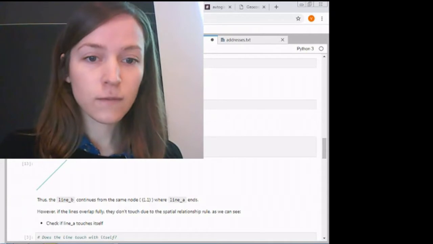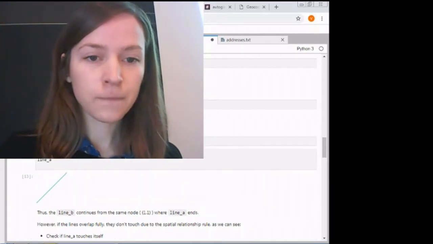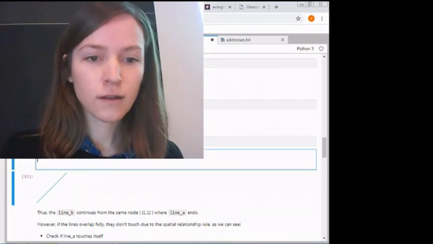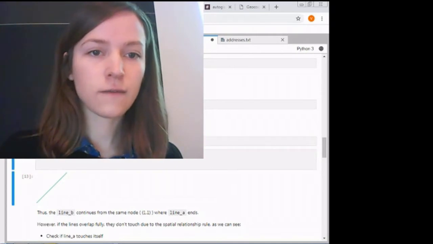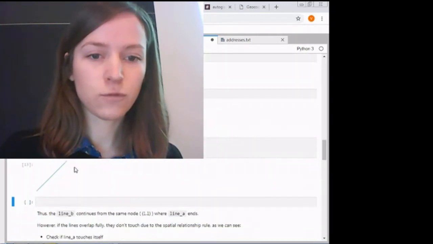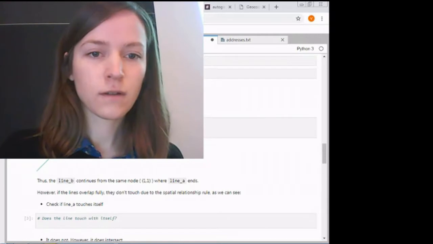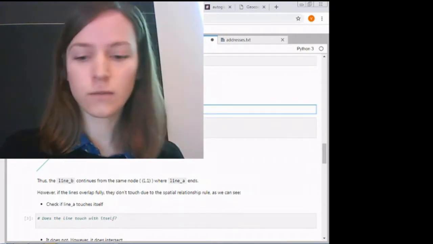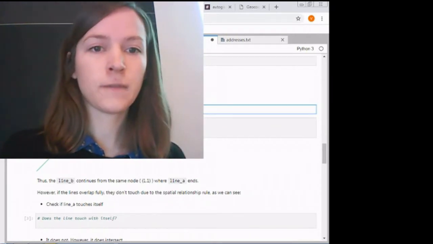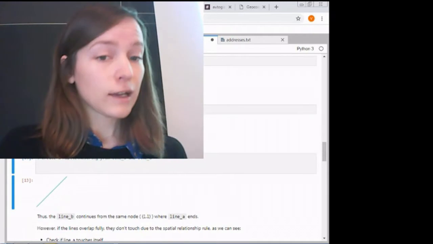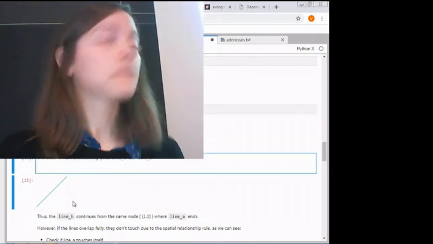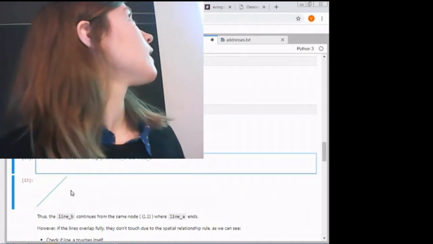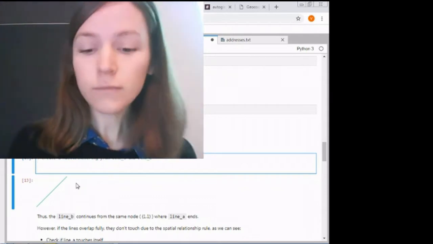Line A is there, and then line B looks like that. So then if we want to plot those together on the fly, we can